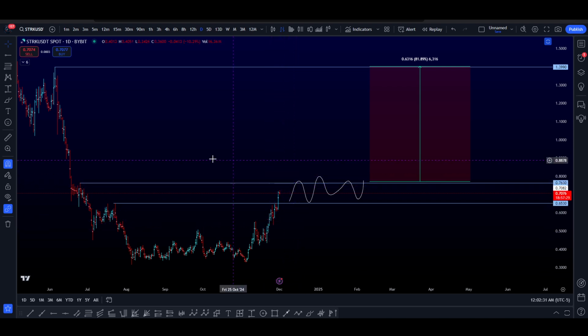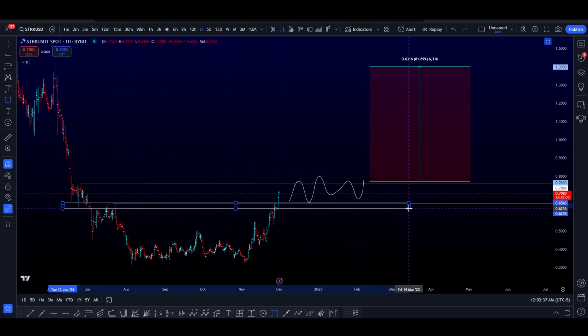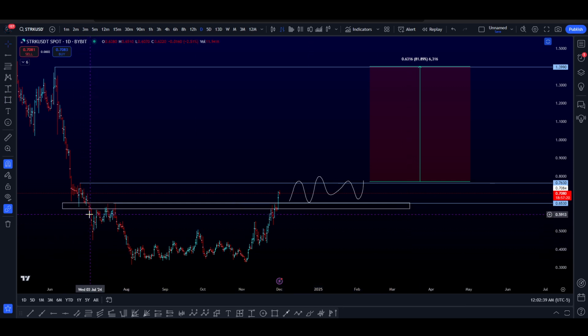But right now this has been resistance, right? This has been very strong resistance. As you can see, we tested it 1, 2, 3, 4 times before breaking out. I would expect a pullback to retest this resistance into support